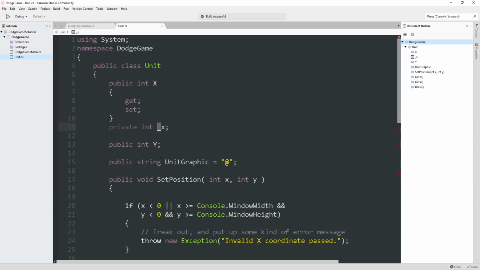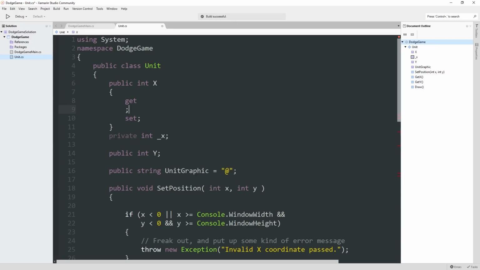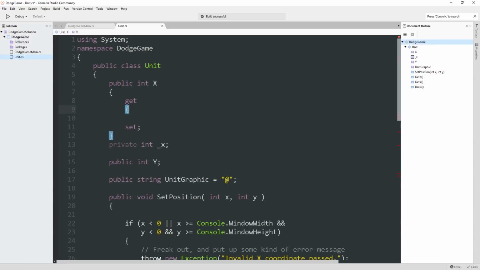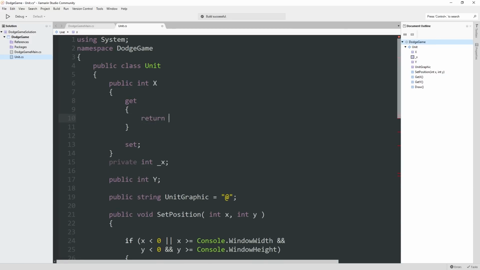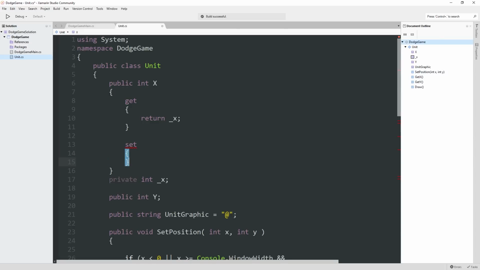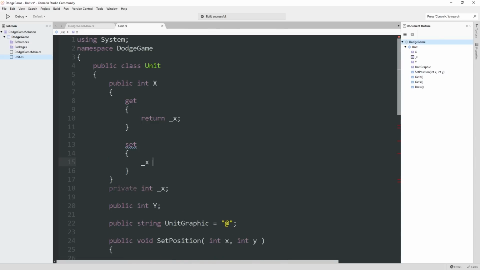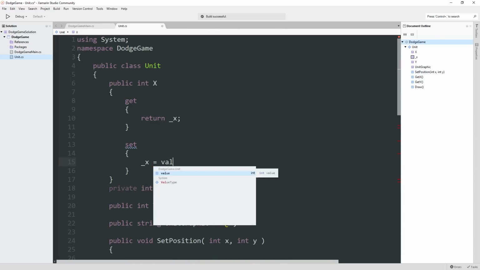The underscore here doesn't do anything for programming. This is a perfectly valid variable name. Underscore x is a perfectly valid variable name. But it's a hint to the programmers that you should never fiddle with this directly. Instead, here's what's going to happen. When you get the value of x here, get is sort of like a little function that will return the value of underscore x. And set over here will set x to whatever value